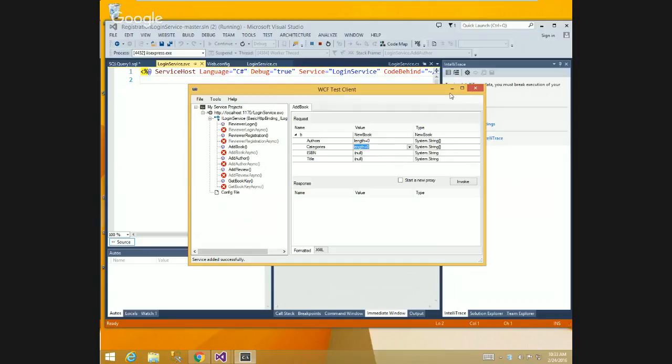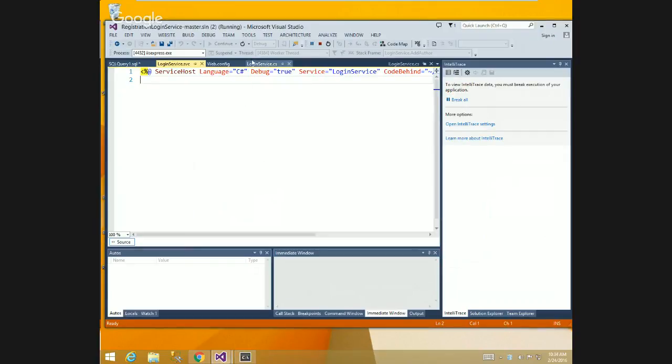But I'll show you how the client would test them here. You could hard code those in. We did that before, right? When we were trying to debug what was going on. So if I go back to the service,